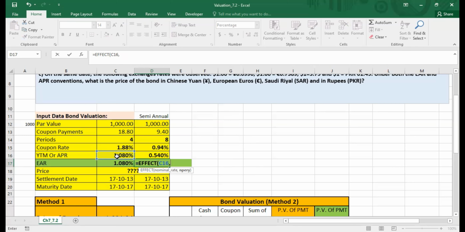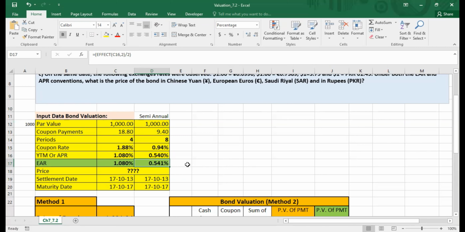Since it is a semi-annual bond, we are simply going to write 2 and then close the parentheses and press enter. And you can see this is the effective annual rate. We want it to be semi-annual, so we can easily convert it into semi-annual by dividing it by 2. So this is going to be the effective annual rate on a semi-annual basis. Now this value we can use for further calculations.